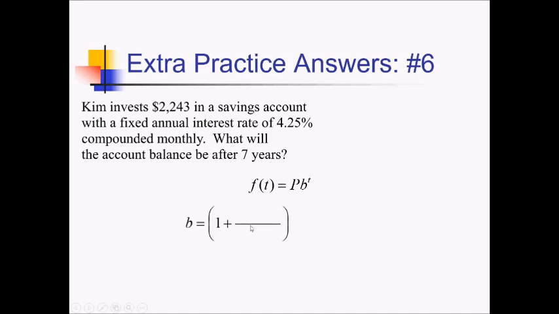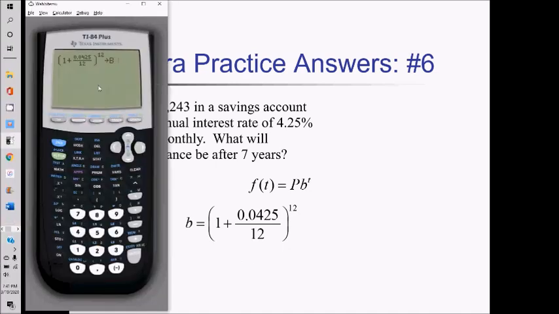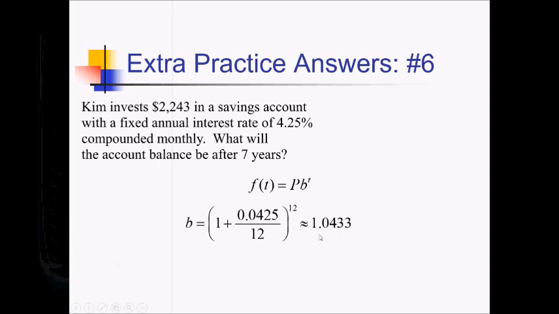So 1 plus the interest rate, 0.0425, divided by, well, let's see, compounding monthly. So that's a K value of 12, because 12 times a year, all raised to the power of 12. Now let me figure this out on the calculator. So plugging all that in, I am also going to store that as a B so that I can call it up anytime I need to, and I'm going to need to pretty soon. So that comes out to 1.0433 if I round it off,